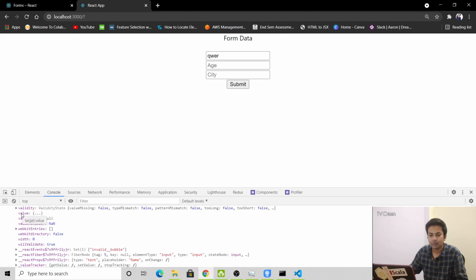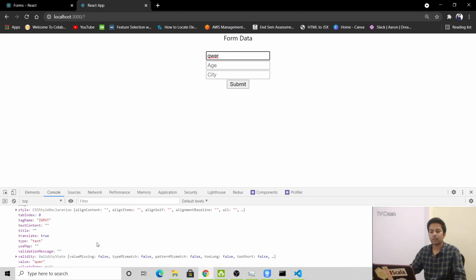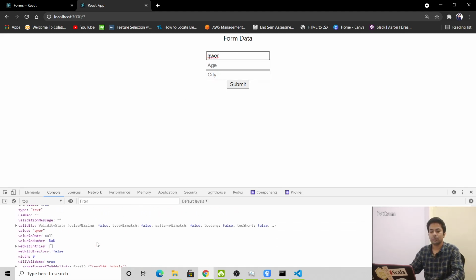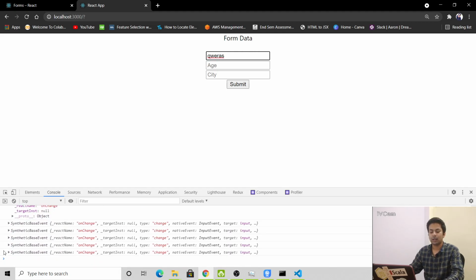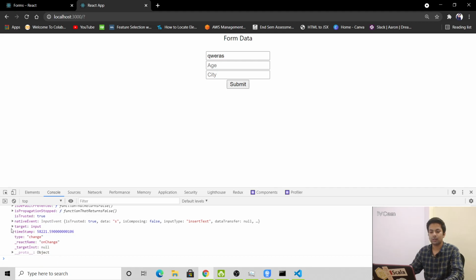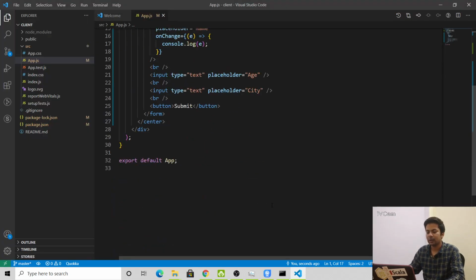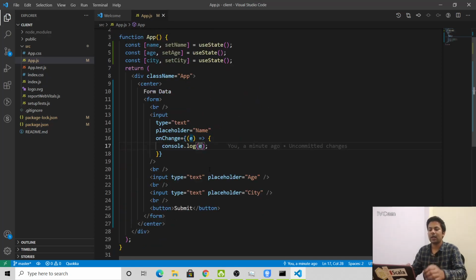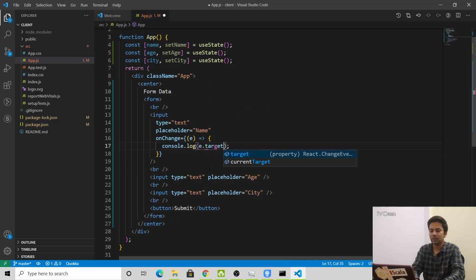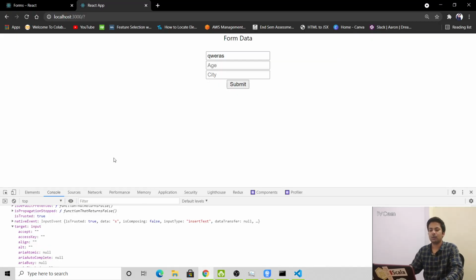See, value, it's QWER, like every time we write something the value will keep on changing. So let me directly write the event.target.value. So basically that's what is happening when we have to catch this value only.